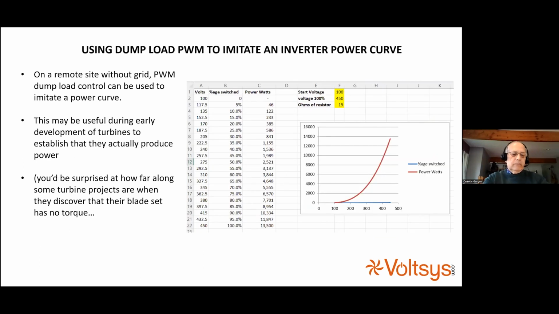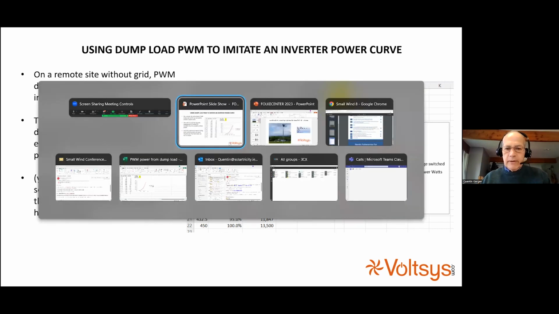Another thing: because we have a pulse width modulated dump load control, on some sites where people want to do very rough testing of an early prototype, they may not have grid available on the site. And using the pulse width modulation on the dump load, you can actually imitate the power curve that you would use for a turbine. So in Excel, for example,